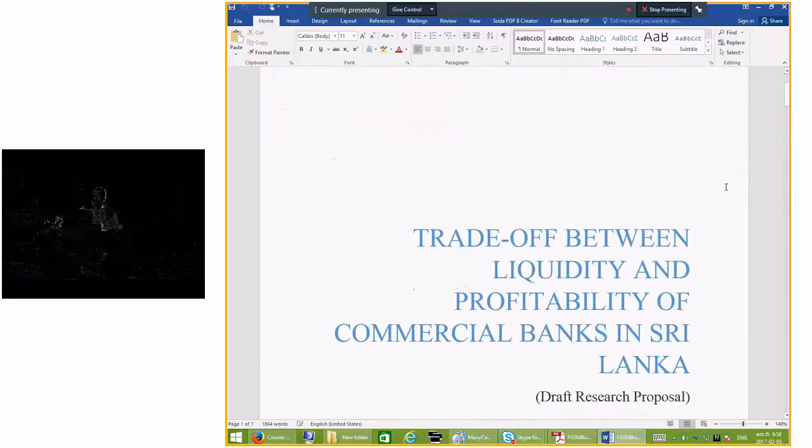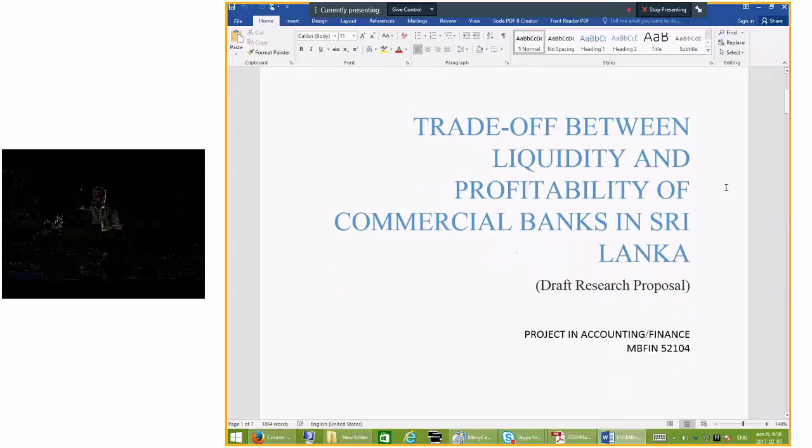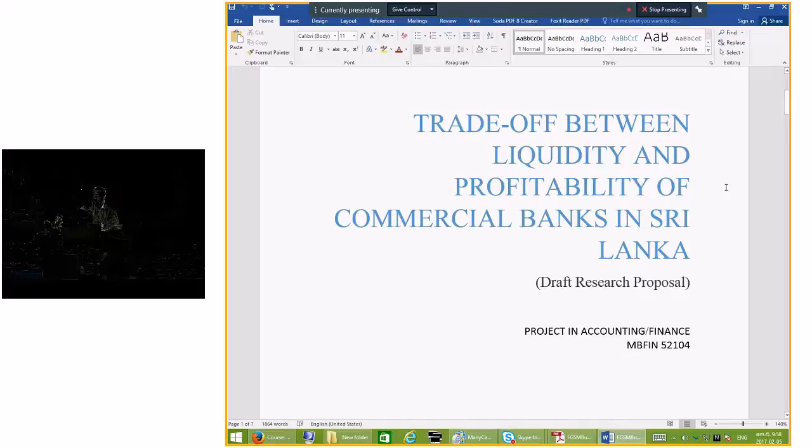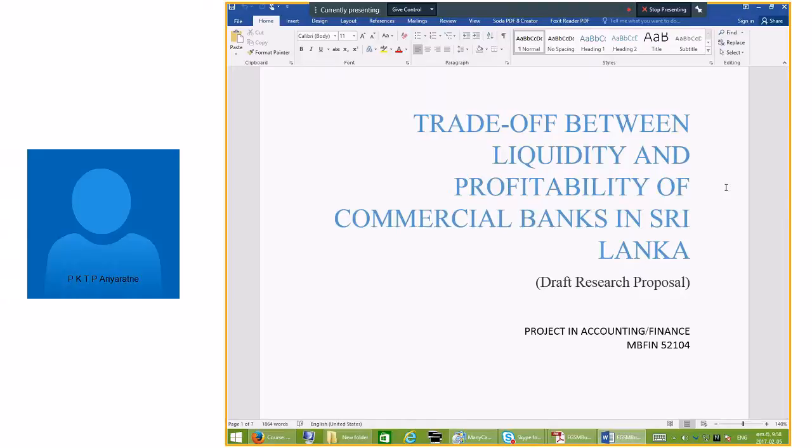Trade-off between liquidity and profitability of commercial banks in Sri Lanka. Is that correct, your one? Yes. Okay, you can start now. Yes, sir. I wish to study the relationship between liquidity and profitability of the commercial banks in